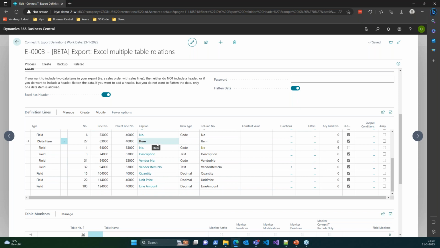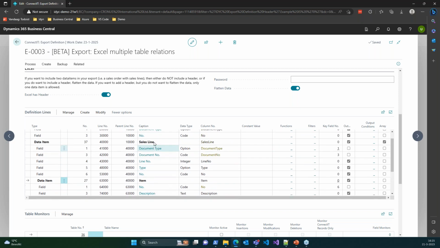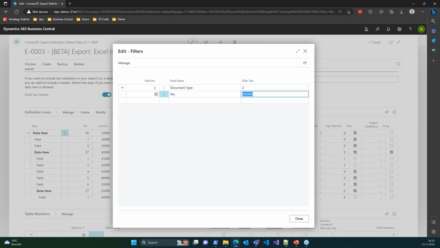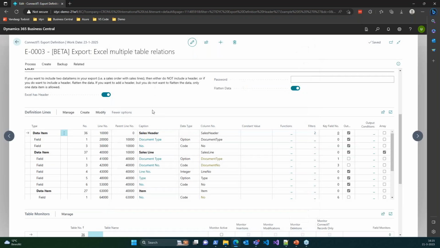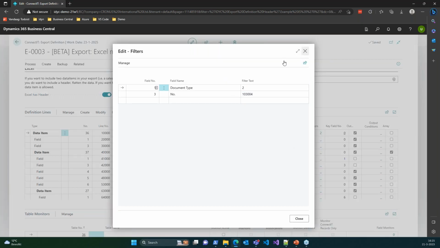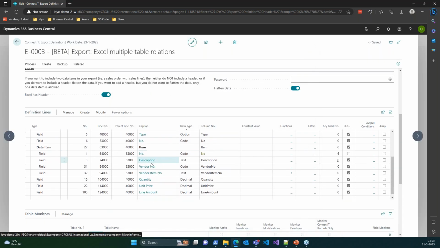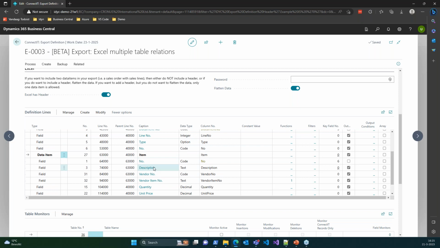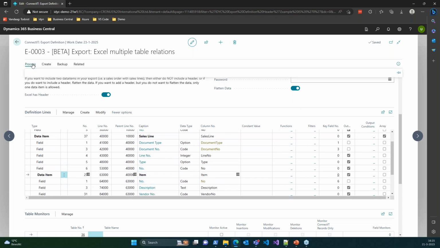For those who have also seen the highlight session, I believe I have set up a filter over here for a specific sales document, in this case an invoice, where we also have lines available that don't contain an item. So if we export this,